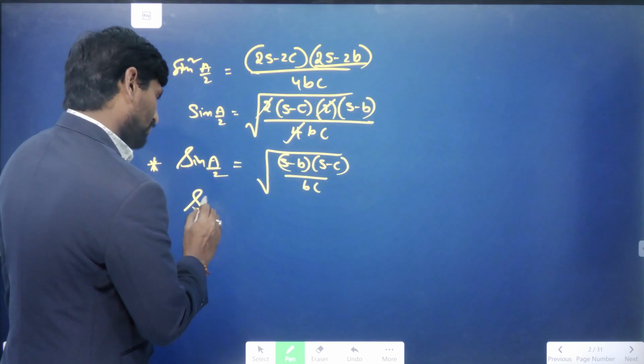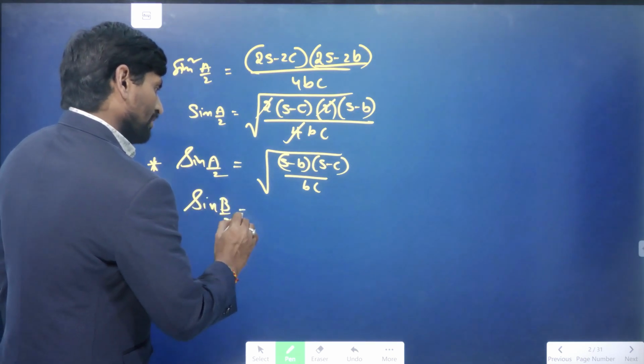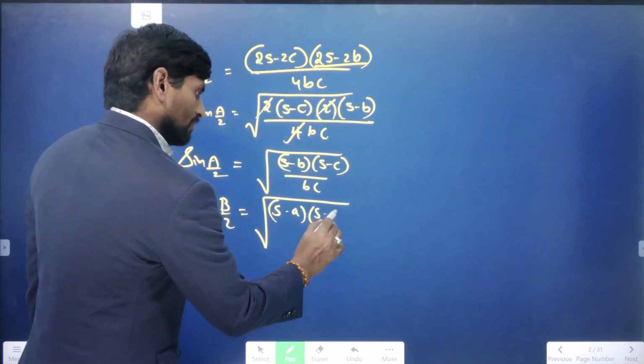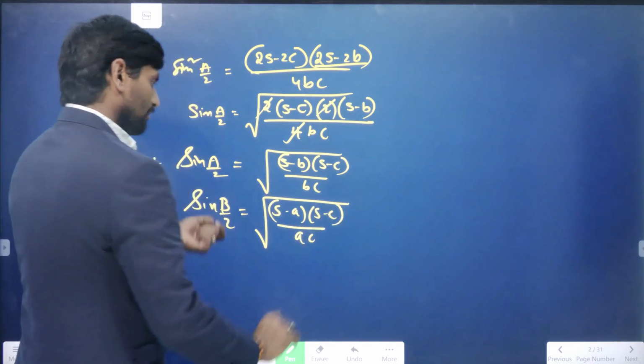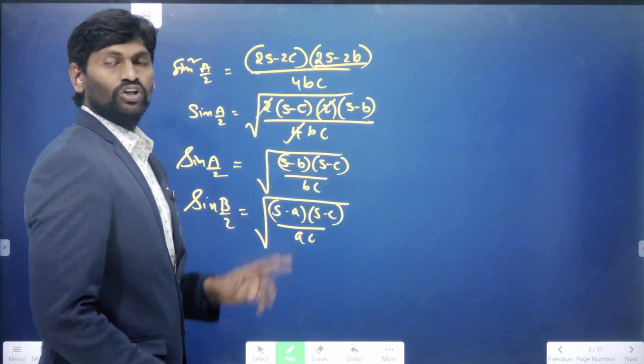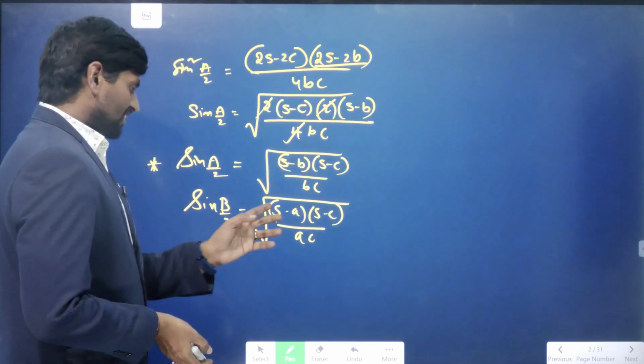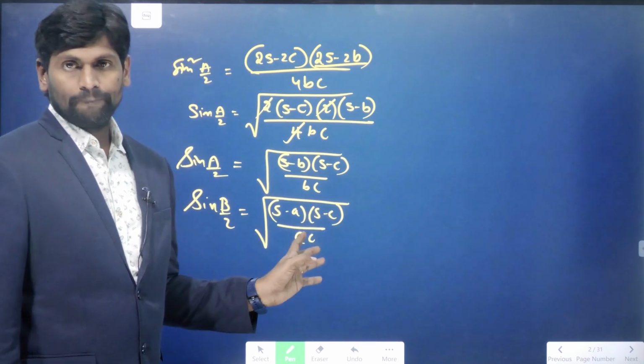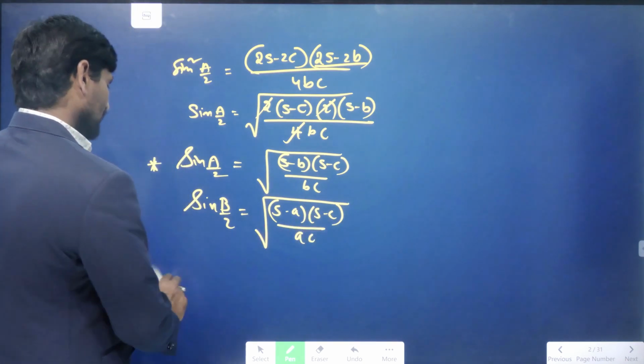Similarly, we can write sine b by 2 formula. Sine b by 2 is equal to root over s minus a into s minus c by ac. Here b is not there, only a and c are present. Same way sine c by 2 value is root over s minus a into s minus b by ab. Okay na? Similarly,